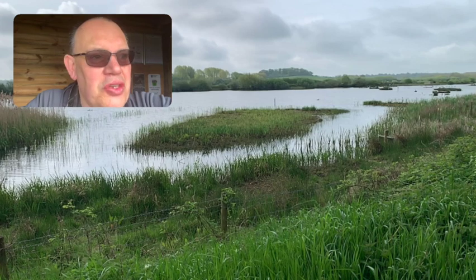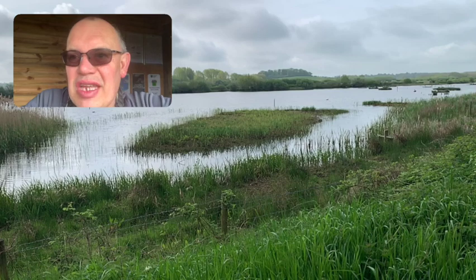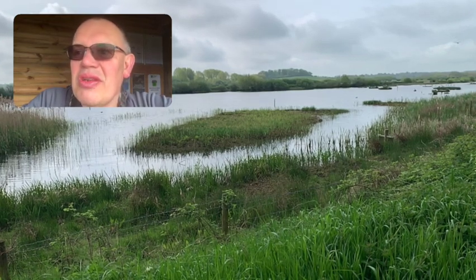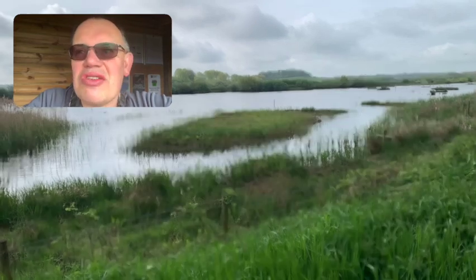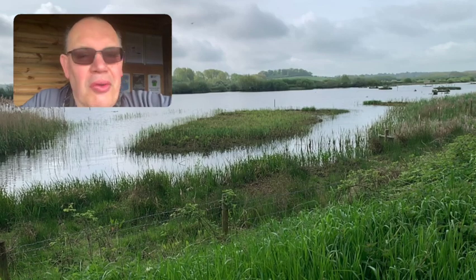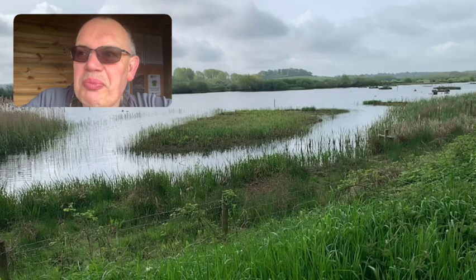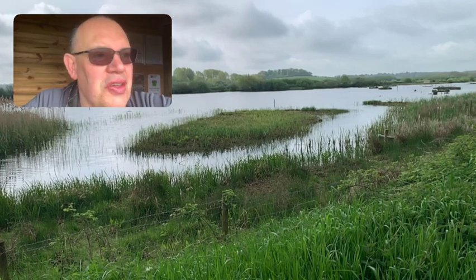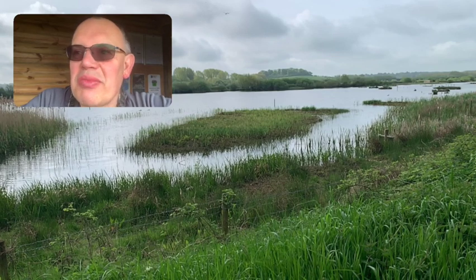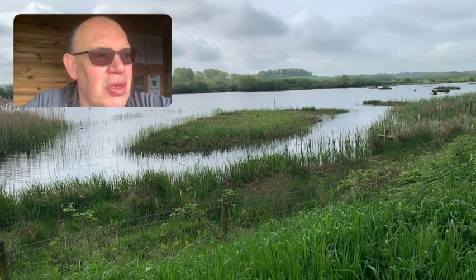If you enjoy your bird watching, a good pair of binoculars, 8, 9, 10 times, and you'll have no problem at all. You get lucky sometimes. You do get stuff comes close if you sit quietly and don't spend time rabbiting to a camera, as I'm doing now. If you sit here quiet and there's no one else around, they'll sometimes come in a bit closer, but generally you're going to need at least 400 mil,